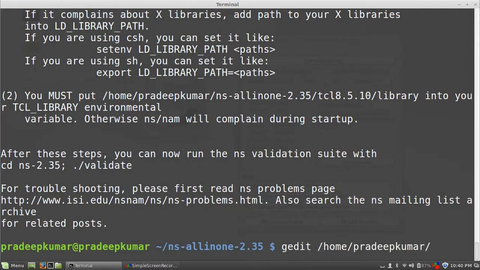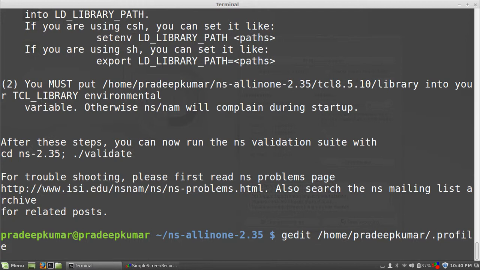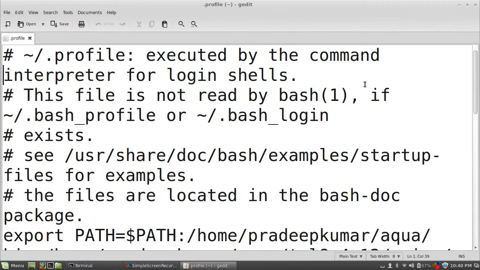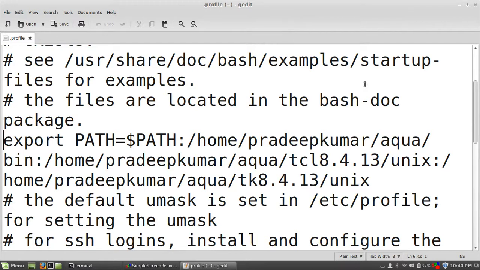There is a file called .profile in Linux Mint. If you want to use Ubuntu, then you can use .bashrc. If you use Fedora, you will be using .bash_profile. So open this file. In this file there is a path variable. It's already set: export PATH=$PATH: and here is the path.